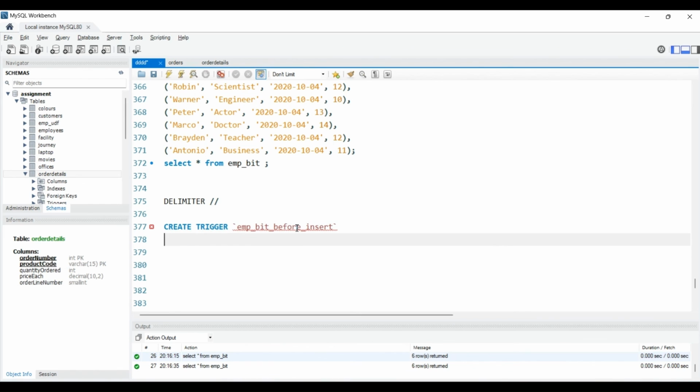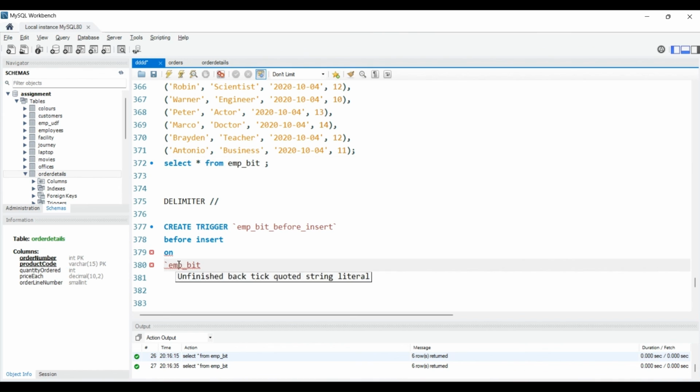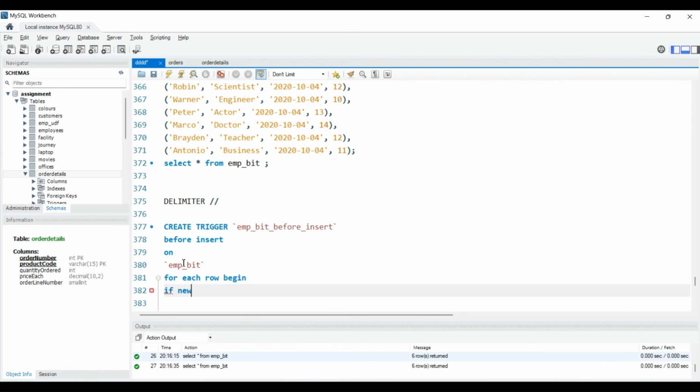Okay, then I will write the trigger, which trigger we are gonna use here for insert trigger, right? On which we are going to use this table, right? Then I will write for each row begin if. Now this is our main condition. I will write new dot hour is greater than 0, then set new dot working